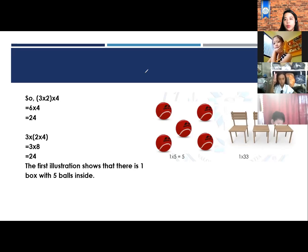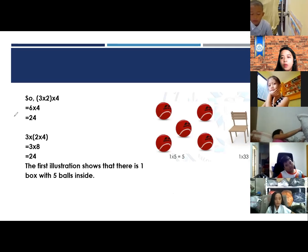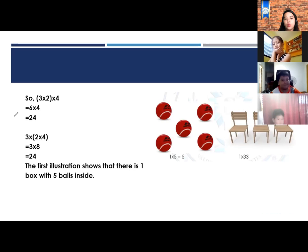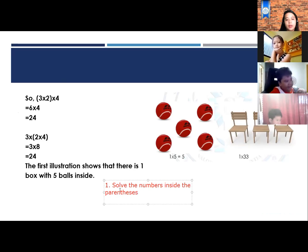So remember, what should we remember again? Start calculating in the box. No, maybe it's because of the time. Huh? What should we remember again? Like in the parentheses, you should always start with the numbers there. Okay, solve the numbers inside the parentheses. Okay, let me just write it down. So, number 1 is solve the numbers inside the parentheses. And then number 2, we have,